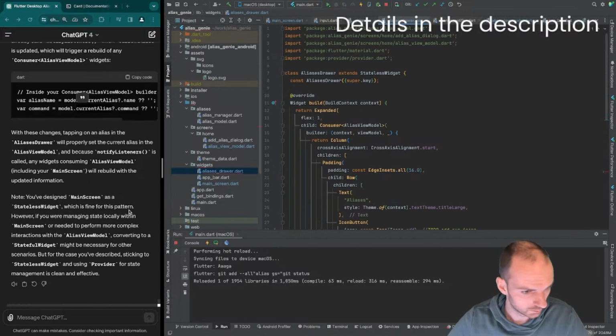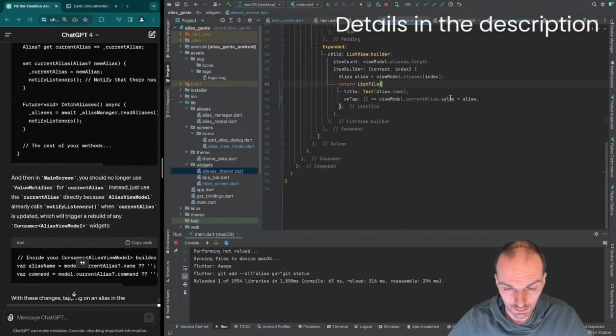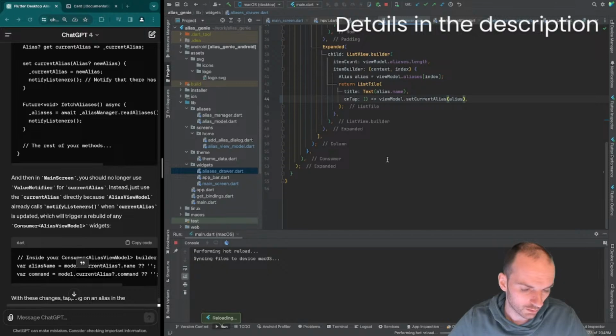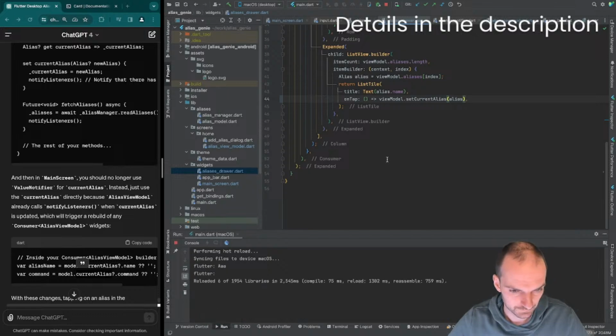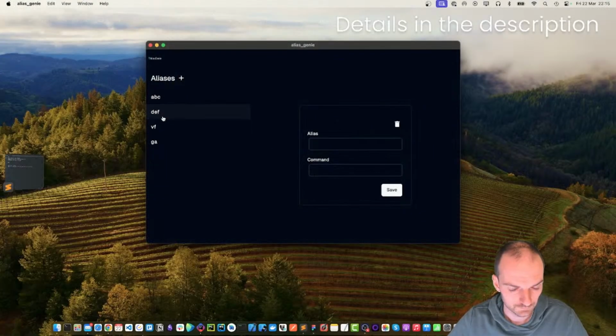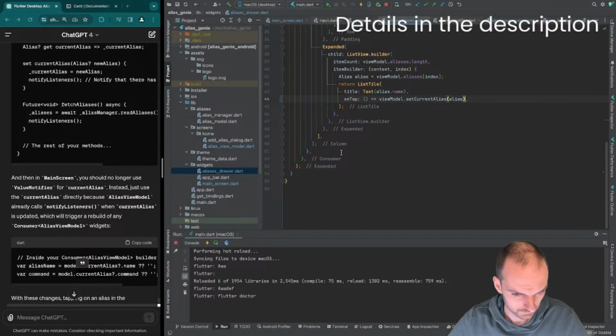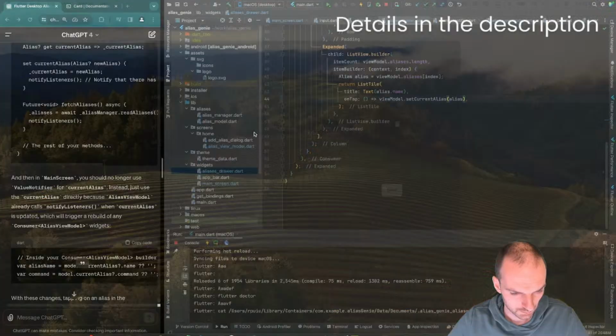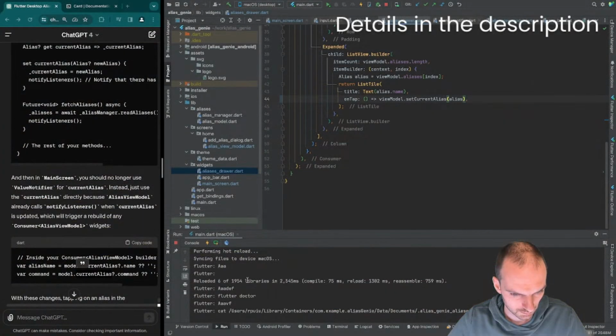And in the drawer we do that. This should work, hopefully. Okay, this works, it prints,